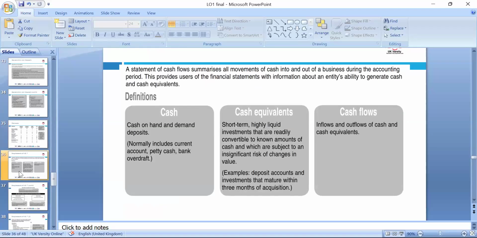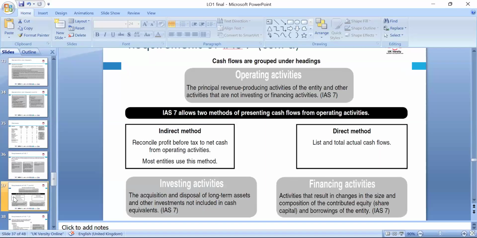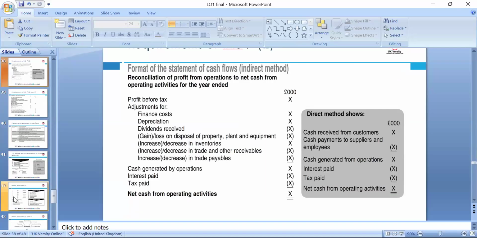Okay, IAS 7, which is the International Accounting Standard on how we prepare the statement of cash flows. We have two methods, the direct and the indirect method. How many activities? Of course, we use operating activities, which means the normal business. Like Tesco's normal business is selling consumer goods, but we can think about Tesco doing banking, that can be investing, and then dividends, Tesco borrowing money, so we can look at investing and financing activities.